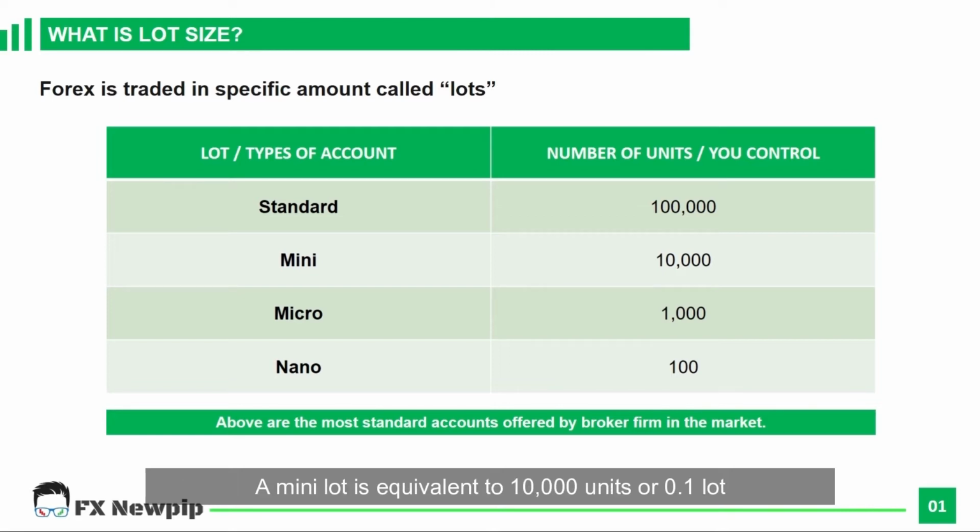A mini lot is equivalent to 10,000 units or 0.1 lot. A micro lot is equal to 1,000 units or 0.01 lot. And lastly, a nano lot is equivalent to 100 units. Mini lot, micro lot, and nano lot are suitable for beginner traders. It is highly advisable for you to start with one of these three types of account when you have understood